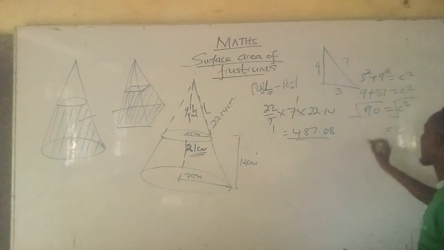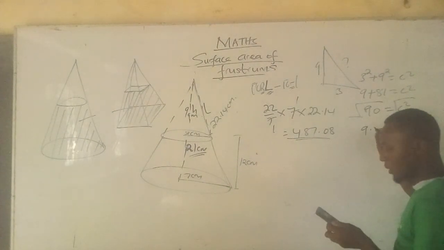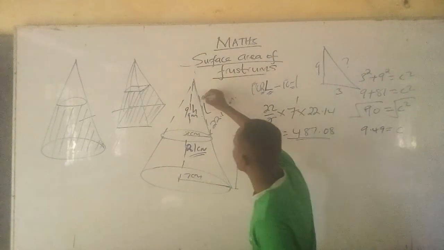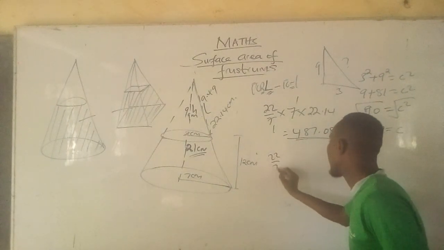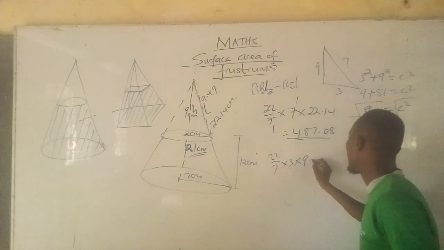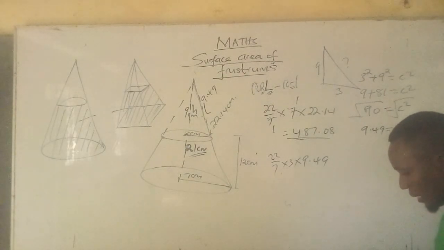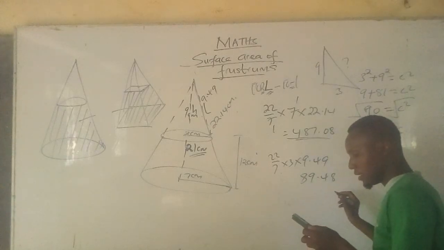So c is equal to 9.49. Our slanting height here is 9.49. So we use the same formula, 22 over 7 times 3 times 9.49. It will be 22 multiplied by 3, then multiplied by 9.49, then divided by 7, to get 89.48